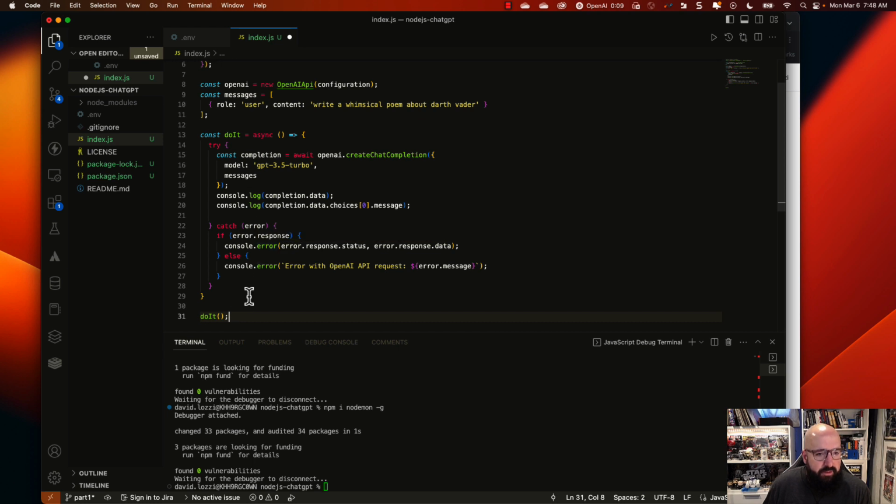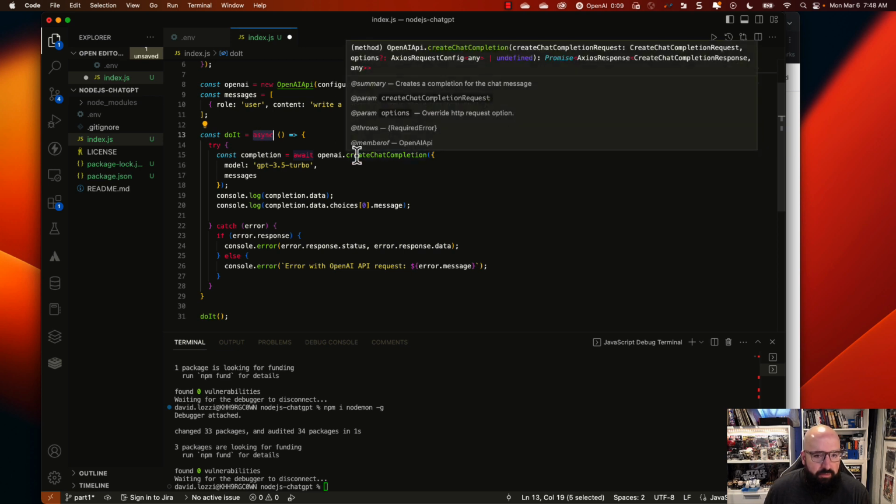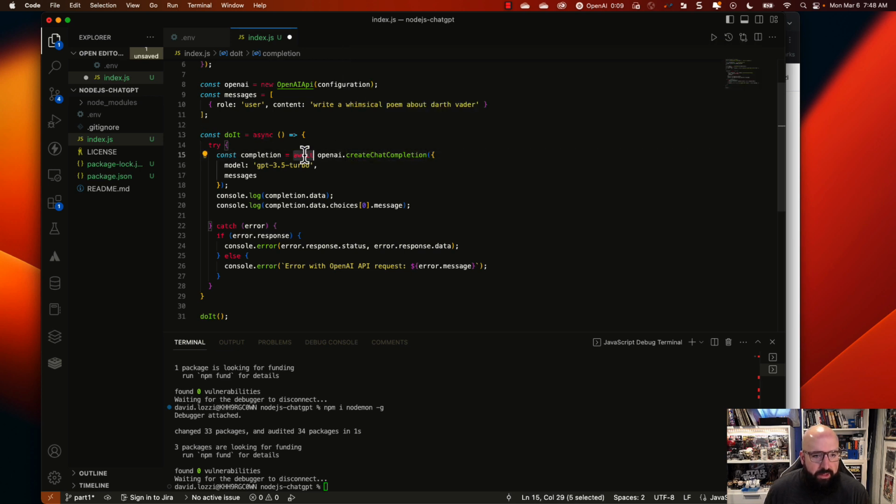So I separated this out into its own function because I need this to be an asynchronous function. We can't run await code just in a script. It has to be running inside of an asynchronous function. So when we make the call to the chat API, I await it. And awaiting allows me to then just take the data that comes back from that and do whatever I want